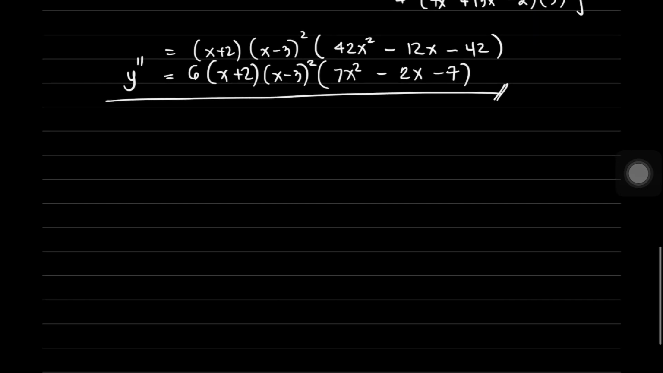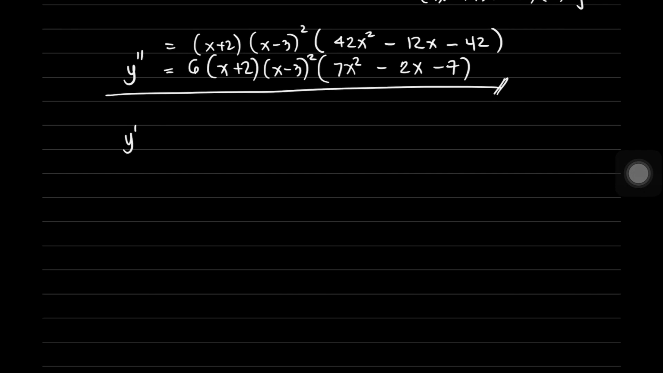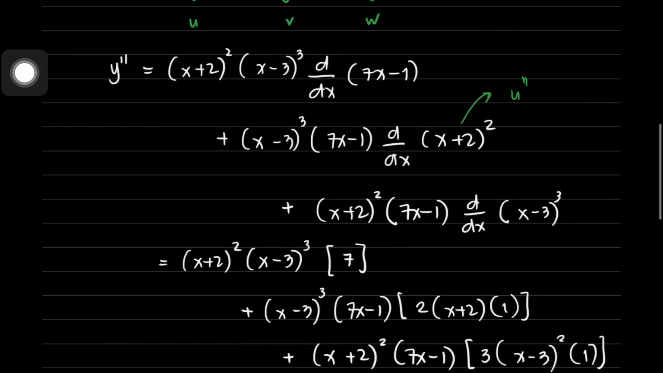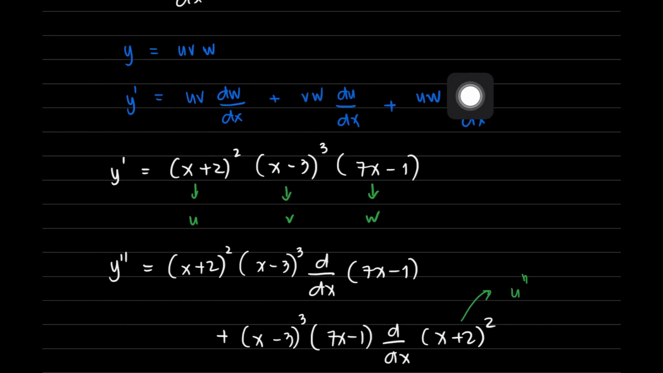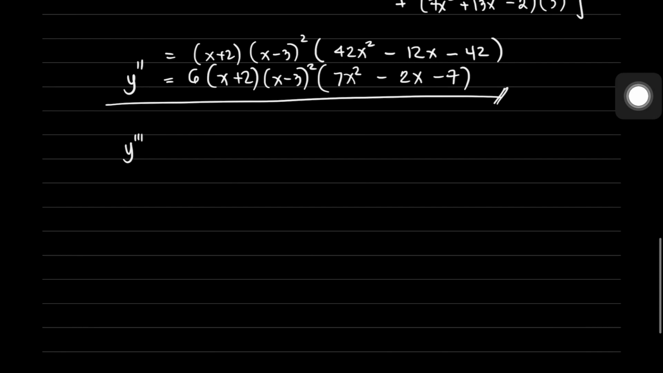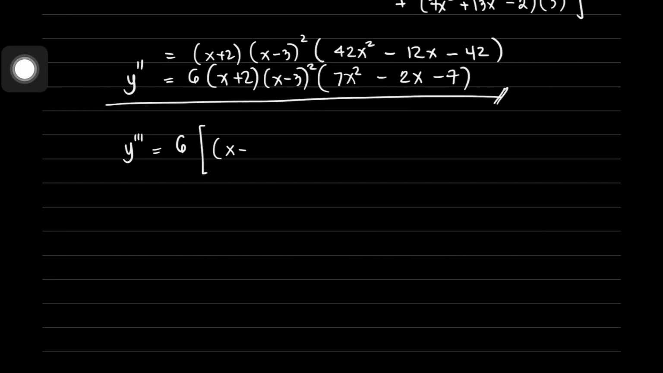Right? And solving for the third derivative, or y triple prime, we're going to get the derivative of y double prime. Right? So since we also have 3 factors here, then we're going to use this formula. Okay, so 6 is a constant, so we can set it aside first. So 6 multiplied by the derivative of the 3 factors. So that would now be 3 products. x plus 2, x minus 3 raised to 2, multiplied by the derivative with respect to x of 7x squared minus 2x